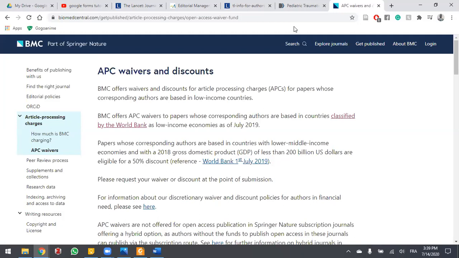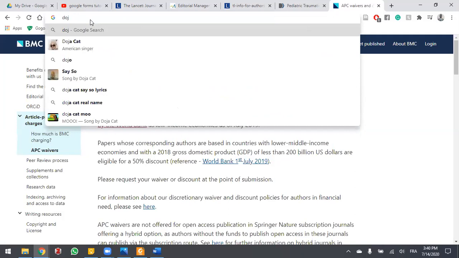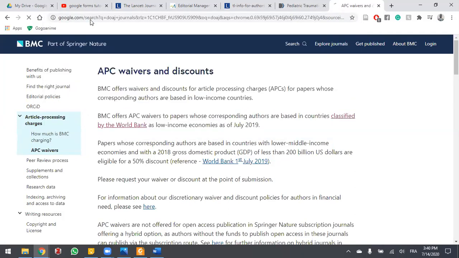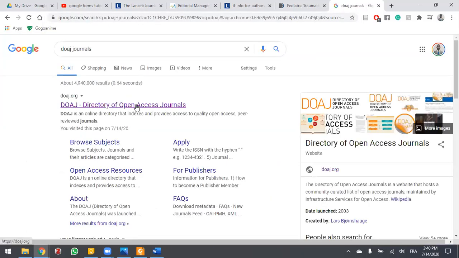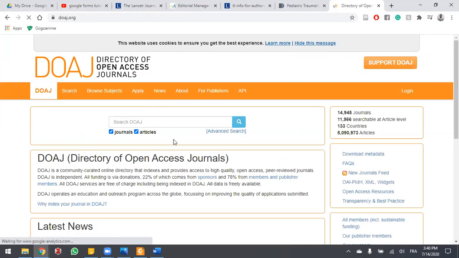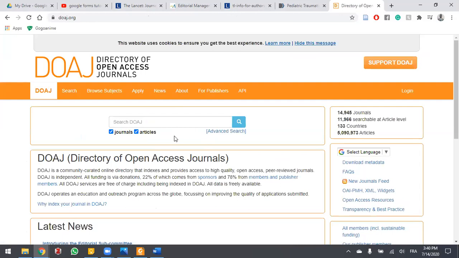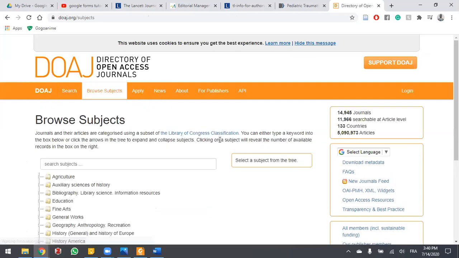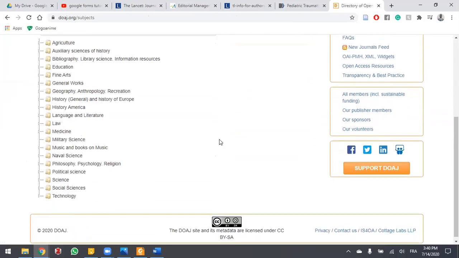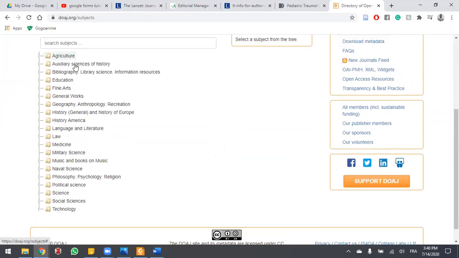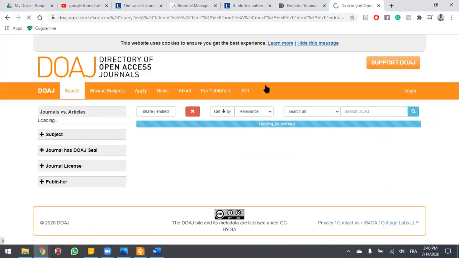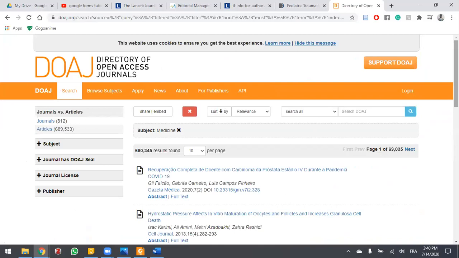And now the question would be, if we're supposed to be trying to publish open access, how do we know that something is open access? You have this called the Directory of Open Access Journals. You can come and search here, go through the search and choose by subject. So let's go here, let's browse by subjects and let's try and find medicine. Here we go. That's all the open access journals.